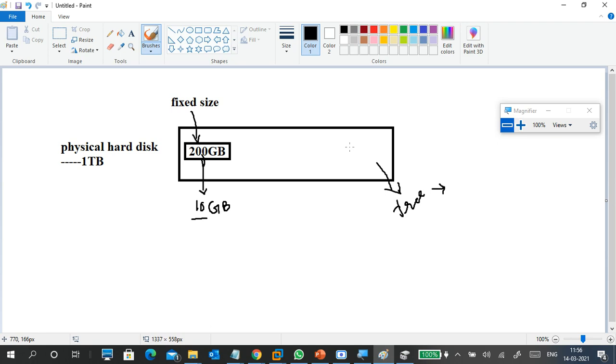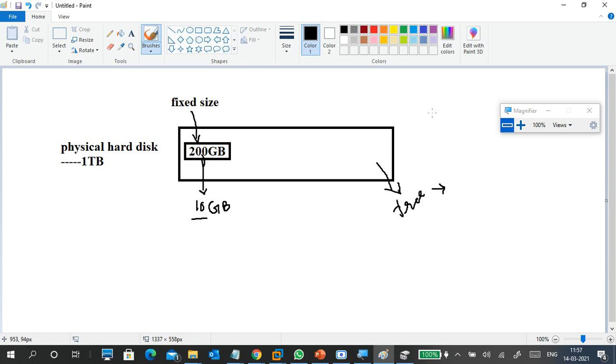Think like you have a 16 GB pen drive. You copied 4 GB of data. How much is left? 12 GB is left, right? So same thing here. You have a 200 GB hard disk and inside it 10 GB of data.